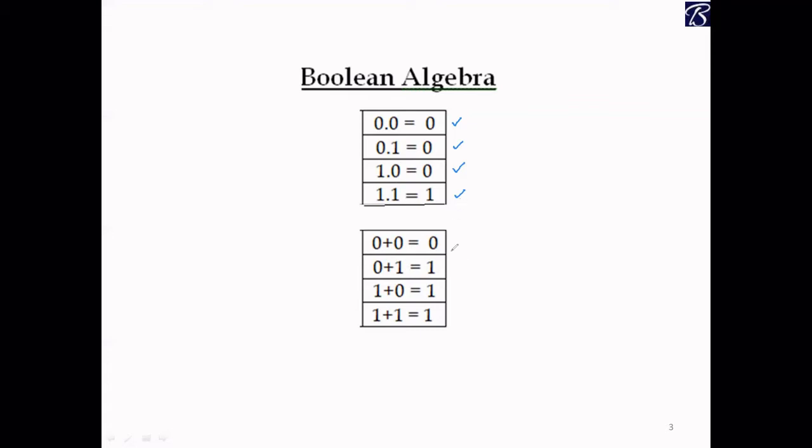Now let us see the OR operation. 0 plus 0 equal to 0, 0 plus 1 equal to 1, 1 plus 0 equal to 1, and 1 plus 1 equal to 1. So this is nothing but the OR operation, where bitwise additions take place. Observe here, true plus true equal to true. But in binary, 1 plus 1, what happens? This is 0, a carry will come. But here 1 plus 1 is 1 only, that is the bitwise OR operation, a logical operation.